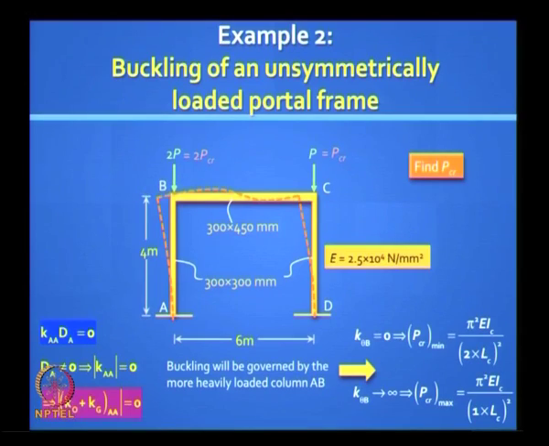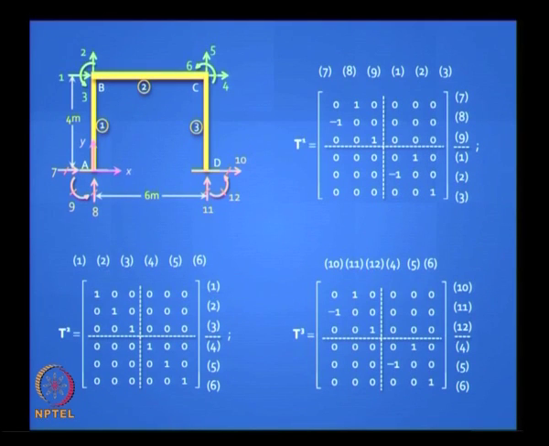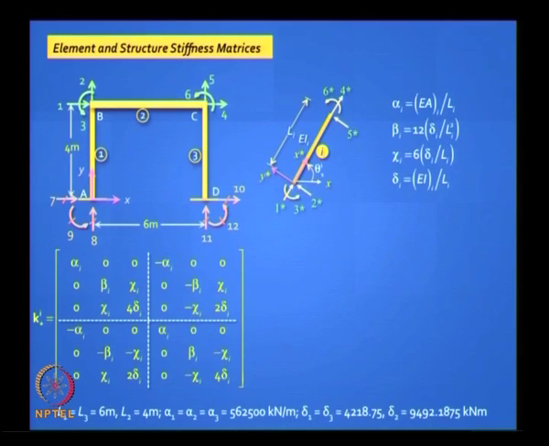Ke will be either 2 or 1, most likely it will be somewhere in between, you have to find out the value. So you must always as an engineer have an initial guess of what the likely load is. This is a slide I am picking up from what we did when we did portal frames without any beam column effect, without any P delta effect. So this is straight from that, you have 6 degrees of freedom which are active and 6 which are restrained. You can generate the TI matrix for all of them, we have done this before, 3 elements.